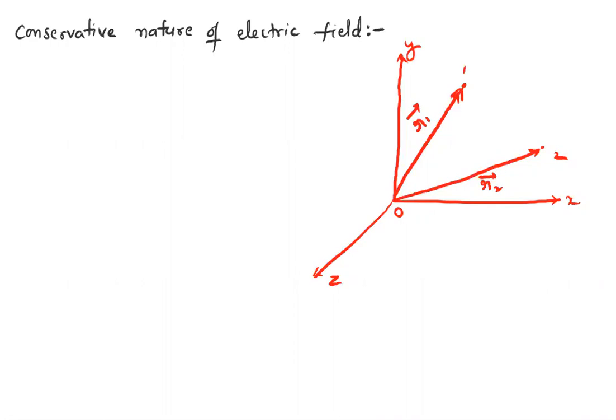That means we need to prove that the work done in moving the charge from 1 to 2 and later from 2 to 1 should be equal to 0. That means the total work done in moving from 1 to 2 plus 2 to 1 is 0. Then we can say that the field is conservative. Consider two points. Therefore, the work done to move from 1 to 2, we can write as